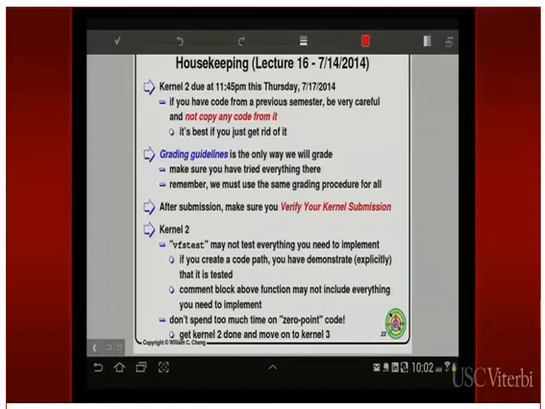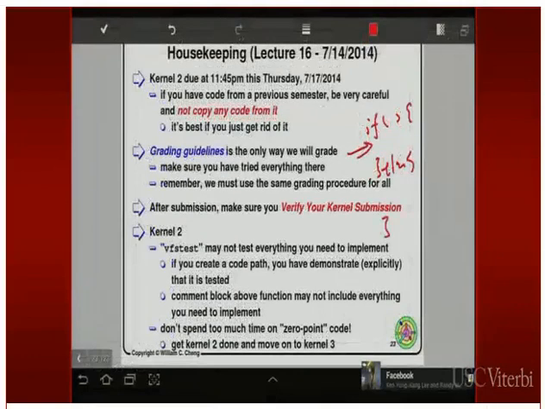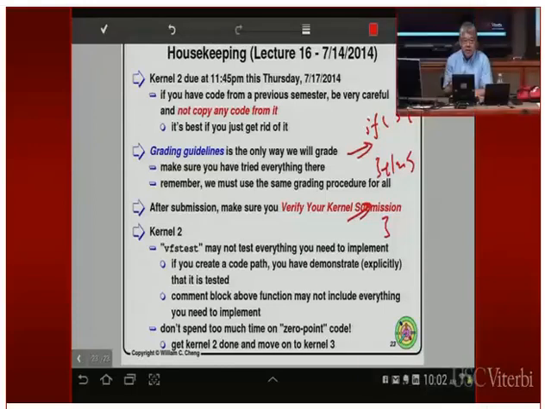Okay, so in any kind of a function, if you have if something, then else something, there is a code path that will go through this code, and there is another code path that will go through this code. So in both cases, you have to add a DBG statement, right? You have to have a DBG using the right format in here, and another DBG using the right format over here. Otherwise you're going to lose points.